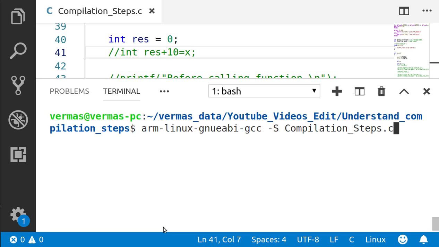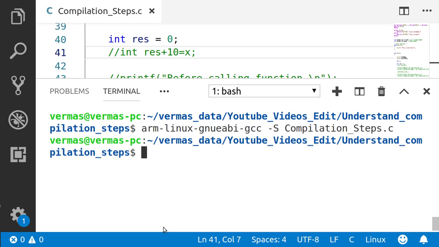But if I use some other cross compiler, which is a compiler that generates the output file for another architecture, let us consider ARM here. So I have run this command. Now I am opening the file that is generated here.